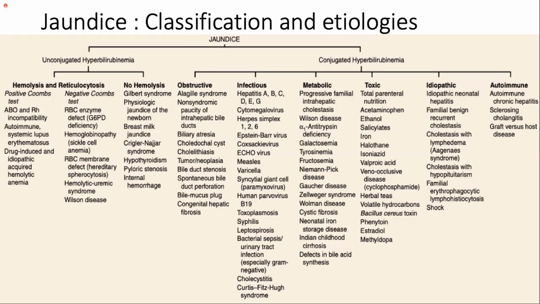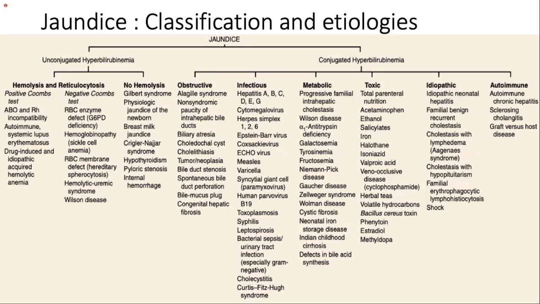And then hypothyroidism, because of a few things. First and foremost, the hypothyroid state will cause a decrease in the conjugation process enzyme. Another one is that in hypothyroidism, we know that there will be constipation. So this constipation, hypomotility of the gut, will cause the fecal material to be retained longer within the GIT. So more reabsorption into the circulation will occur in the enterohepatic circulation. Pyloric stenosis. If you open the Ashcroft textbook, it mentions that in pyloric stenosis, there is an association with decreased enzymatic activity, but it is not further elucidated in the textbook. And then also we have internal hemorrhage.